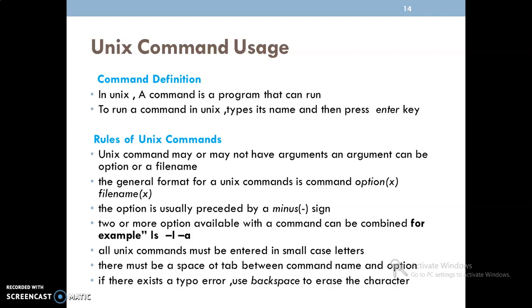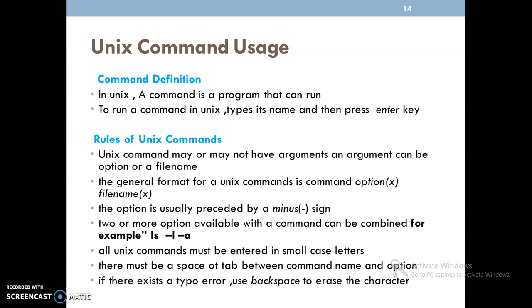There must be a space or tab between the command name and the option. As I already told, whenever you are using any option with a command, one space is required. If there is a typo error, use backspace to erase the character.